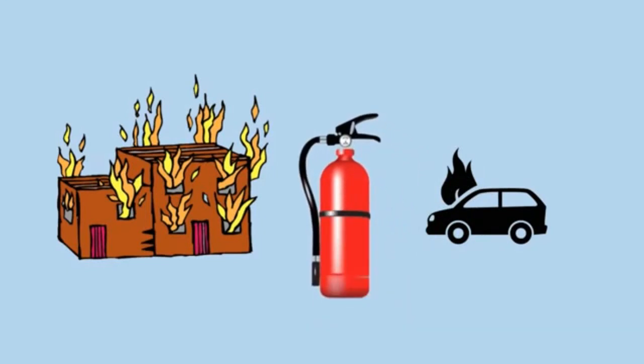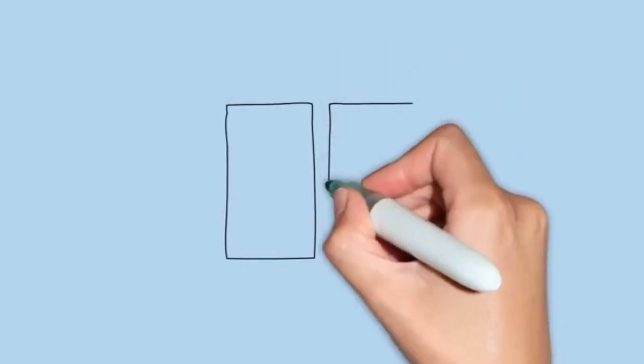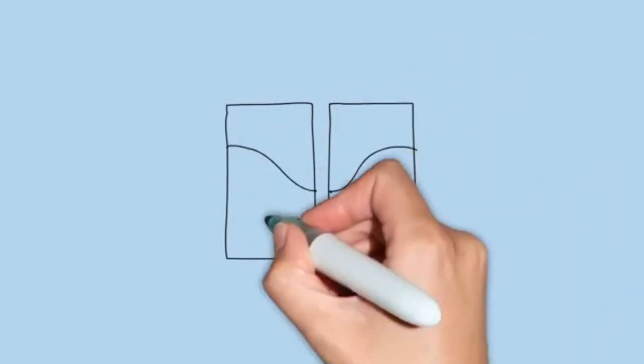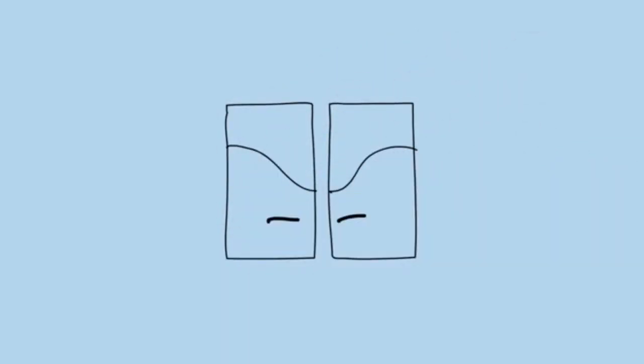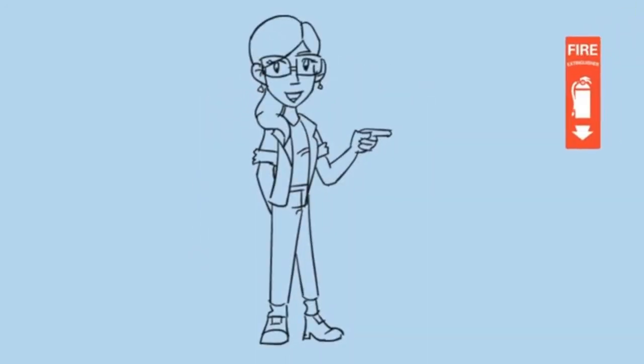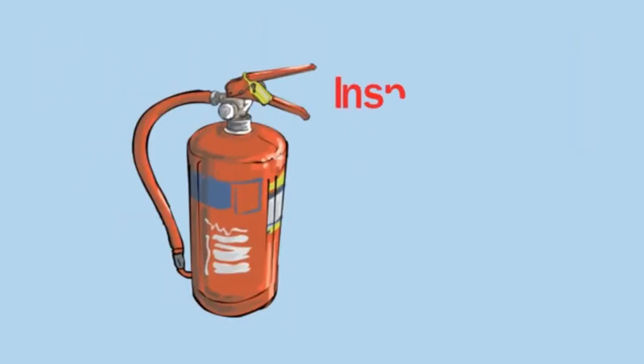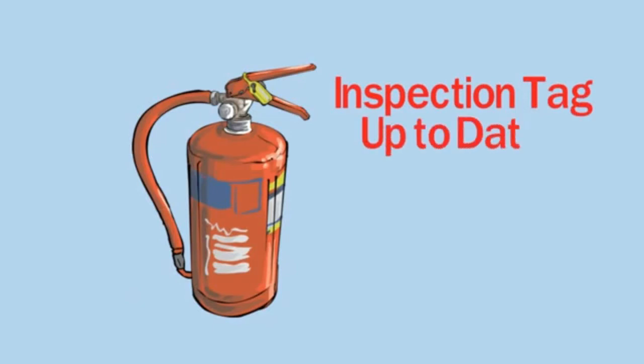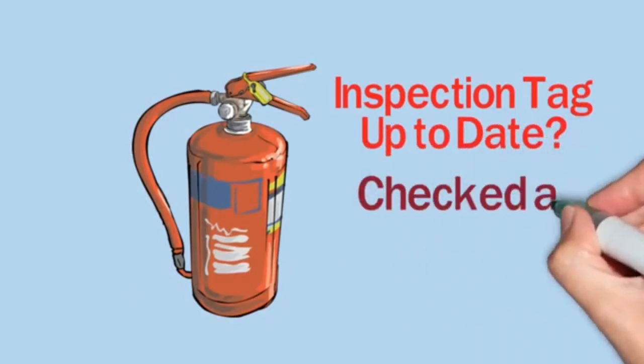Close your eyes for a second. Can you point to the nearest fire extinguisher? Where is the second nearest one? No matter where you happen to be, you should always know the location of the nearest extinguisher. Go take a look at it. Has it been inspected? Fire extinguishers should be inspected regularly and at least once a month.